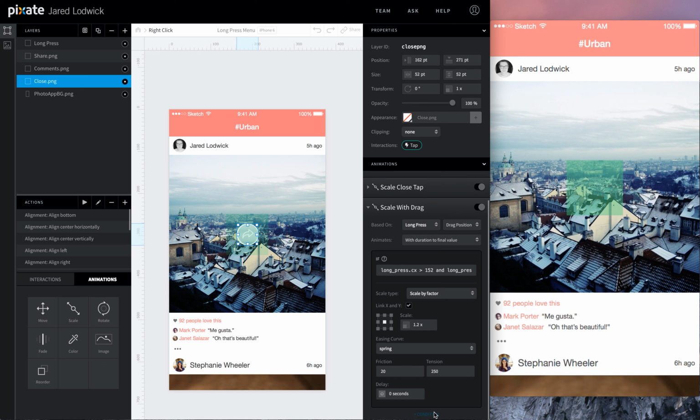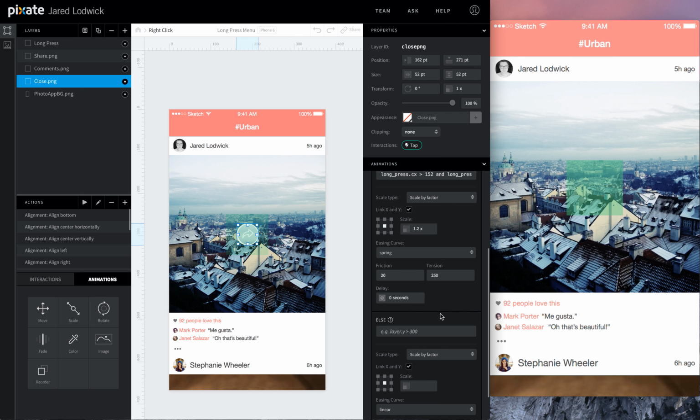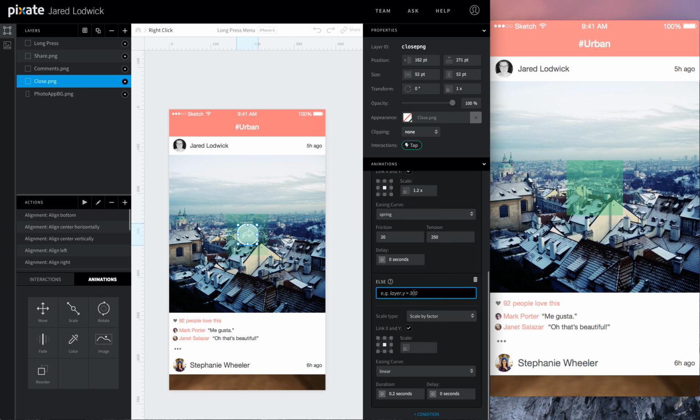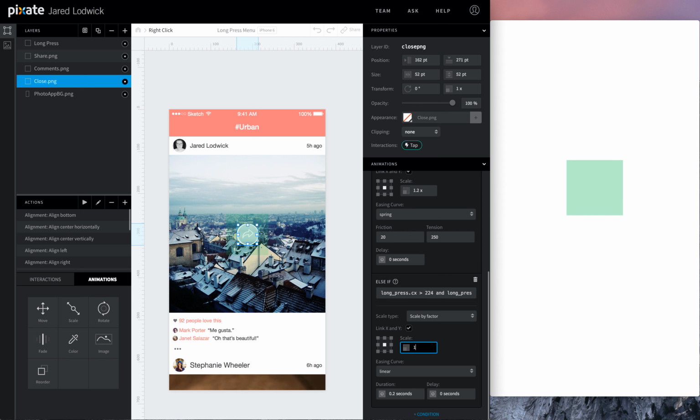Then we'll add one more condition. This is going to be an else if condition. So if long press's horizontal center is greater than 224, so outside of that bounds, and long press's horizontal center is less than 249, it'll scale down to 1.